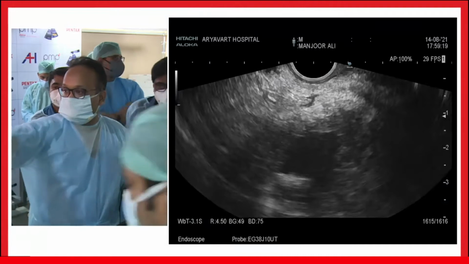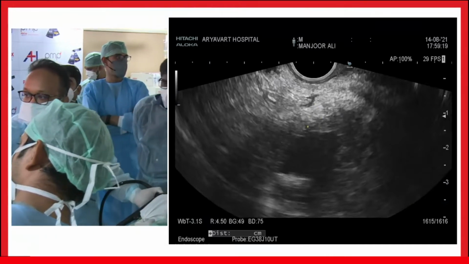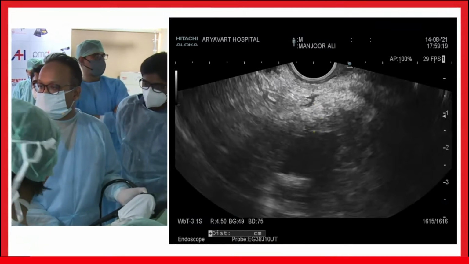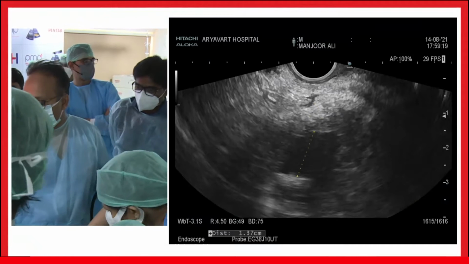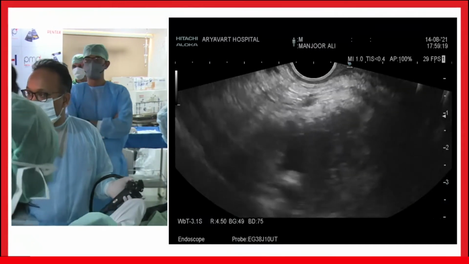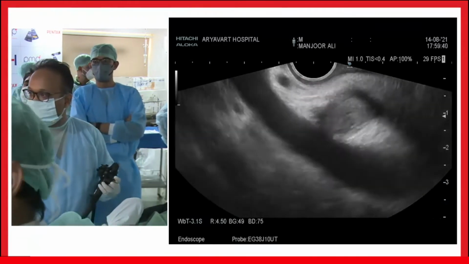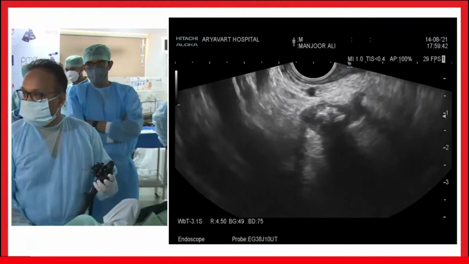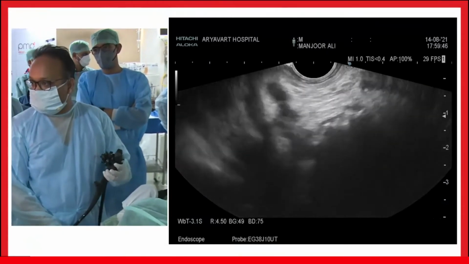Can somebody measure the duct? This duct, yeah. Never make the mistake of overshooting the duct. So this PD proximal to the mass suggests abrupt obstruction and dilatation. And then we trace the mass towards the D1, towards the ampullary area. And this is the PD with stone in the ampullary area.